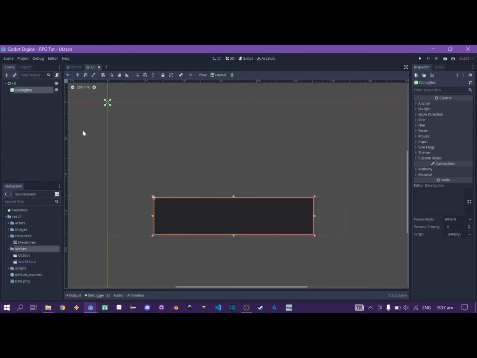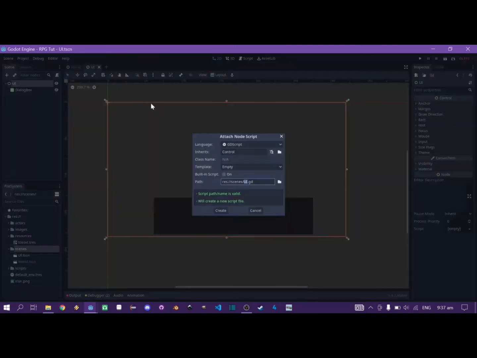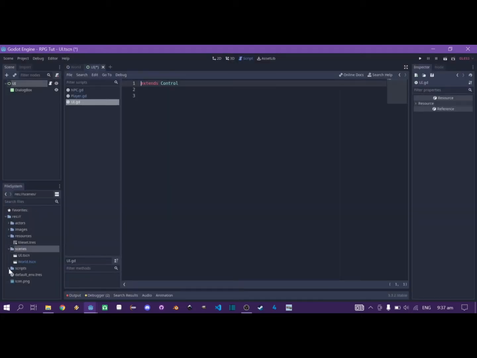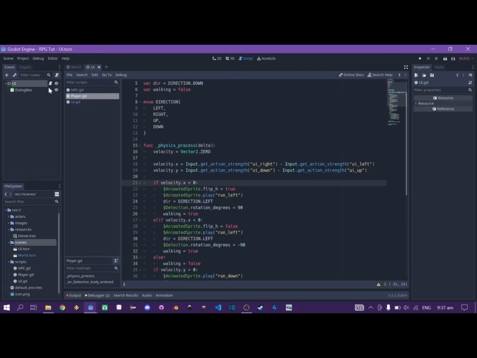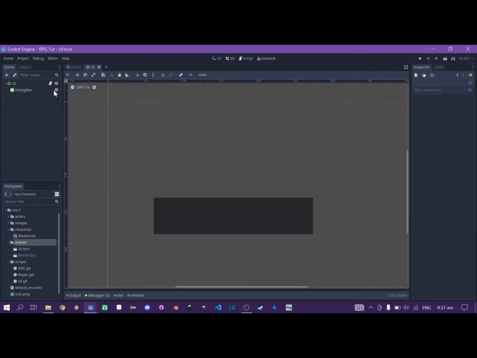Okay, and let's actually add in a new script for this kasi gagamitin natin to mamaya. Okay, save the script into here, scripts folder. Okay, yeah, okay, so we're going to